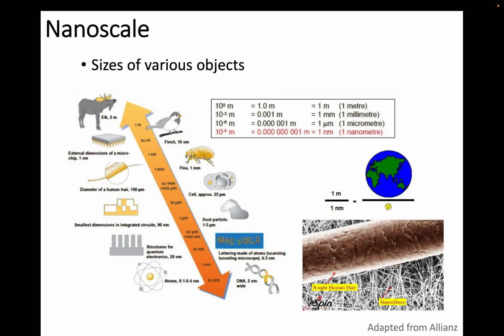Using this SEM, they imaged a human hair. This thick one is a human hair, and the human hair diameter is only about 50 micrometers. So it is actually quite small, but do you see the other fibers here? These are essentially nanofibers. If you look at it, the nanofiber diameter is much smaller than even a human hair, and this is considered nanomaterials.